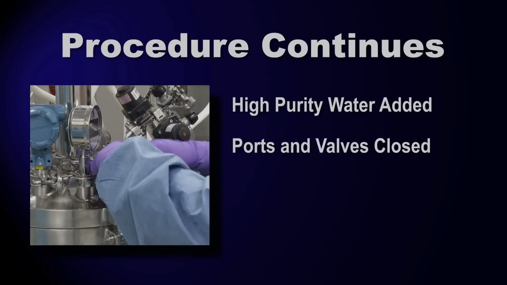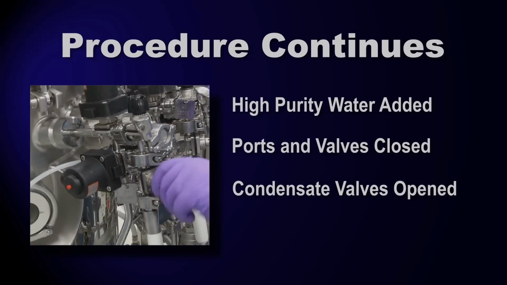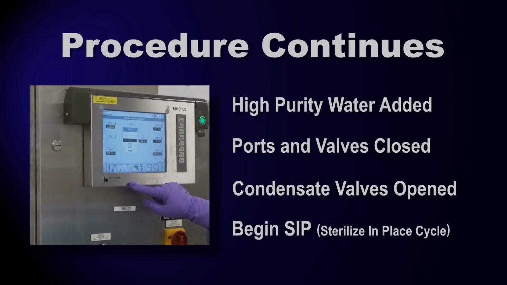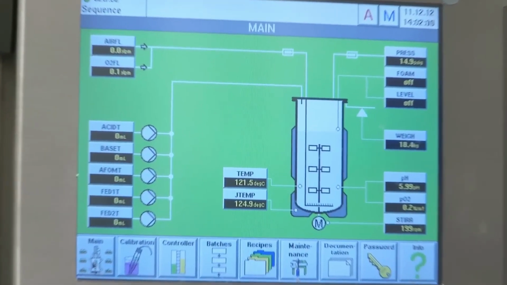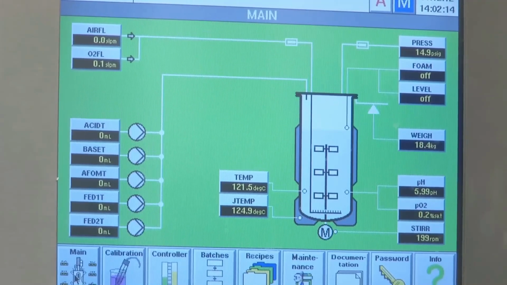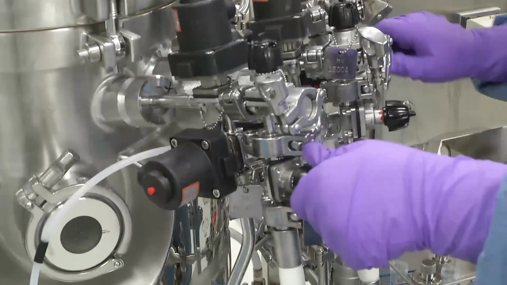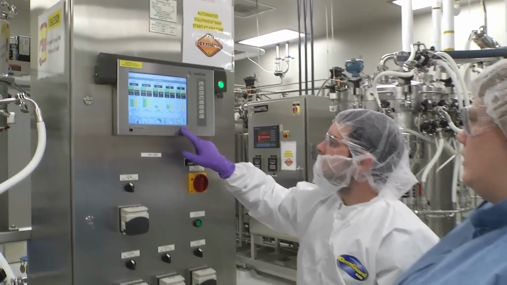All ports and valves are closed. All condensate valves are opened. And the bioreactor begins an SIP, sterilize in place cycle. The target for sterilization is 121 degrees Celsius for 30 minutes. As soon as the temperature climbs to the targeted temperature, the condensate valves are closed, and the SIP cycle completes